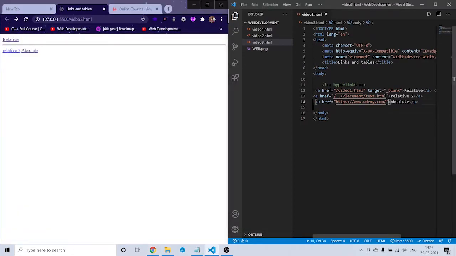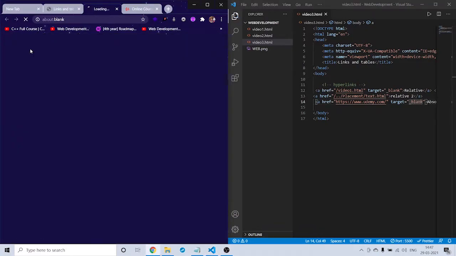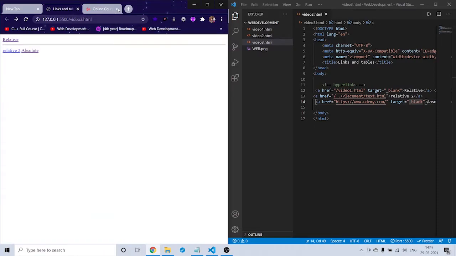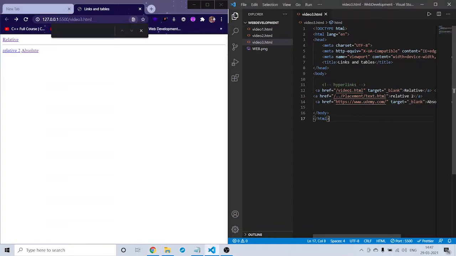If you want, you can give the attribute target here, _blank, and save. Open this in a new tab. So these are links. The first one is relative, which is the local one, and the second one is absolute, which is the web version. And this is all about links here.